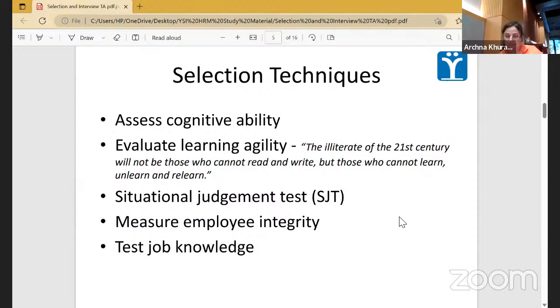Second comes evaluating learning agility. Now, learning agility is where you talk about how quick somebody is in learning new things. On a scale of 1 to 5, you need to evaluate whether a person will really be able to learn. Suppose we hire freshers, Anjali and Sakshi. We know they do not have any experience and exposure in the corporate world. But we want to check whether, if we hire them, they will be able to learn quickly the nuances of doing a job.